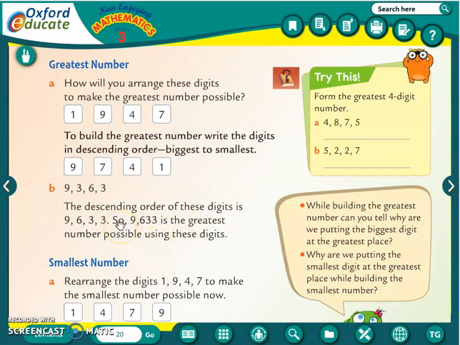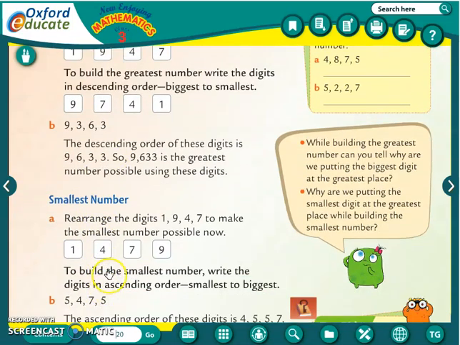मतलब ये 4 डिजिट का यूज करके आप सबसे बड़ा नंबर कौन सा निकाल सकते हैं? सो दैट इज गिवन 9633. So from these numbers you can make the greatest number. Whatever the numbers are given, if we have to write the greatest number from that number, first of all we have to see the biggest number and then we will go to the smallest number. So you have to remember, for the greatest number we will go from biggest to smallest, for the descending order.